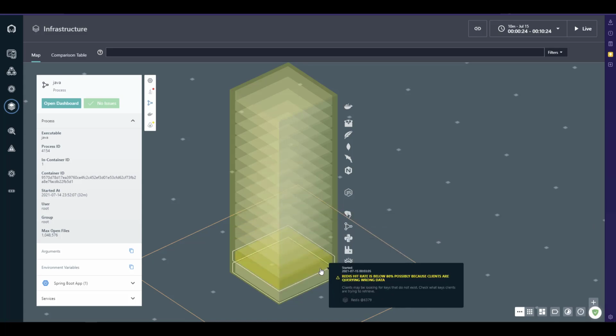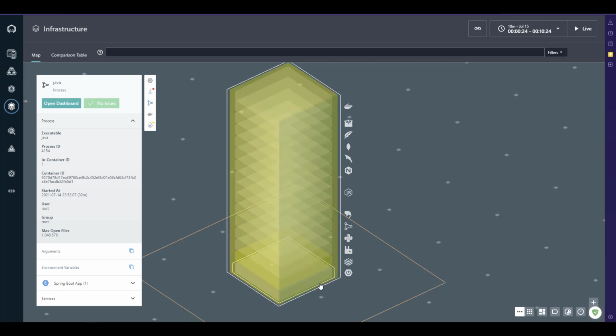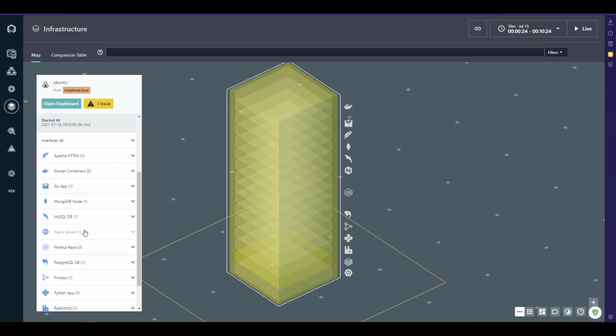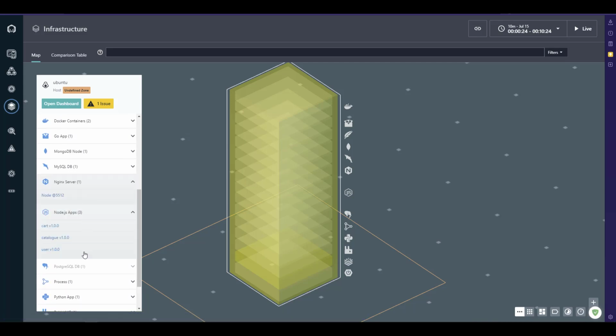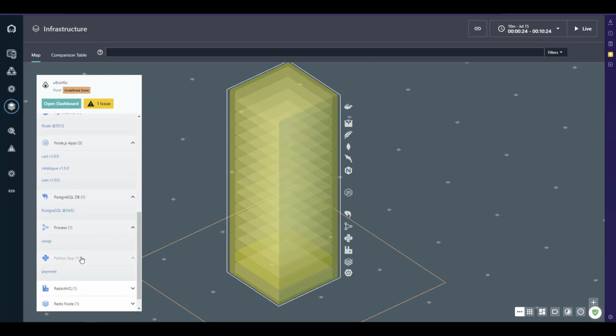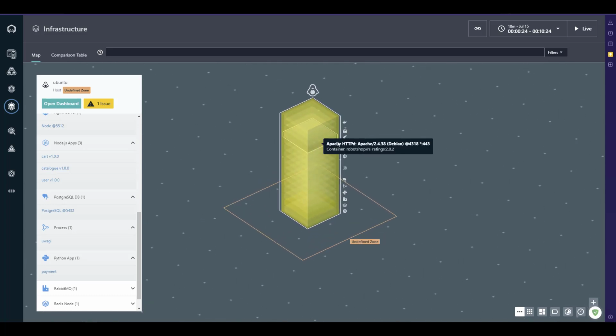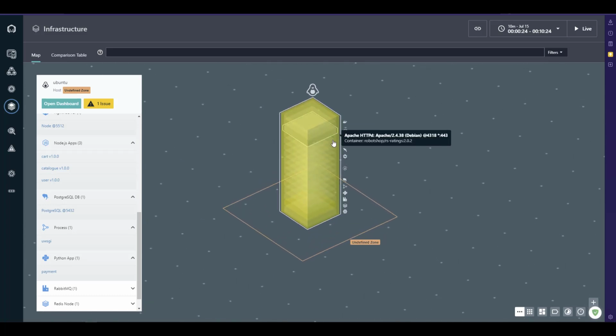So right now the Redis has a hit rate below 80%, and our Ubuntu box itself has some high CPU load, etc. And here you can see my operating system and my CPU and max open file, and other details. And if you just expand, you can see the details about your components and other critical information. Like this, you can have hundreds and thousands of instances, and you can see holistically. So this is one of the core features in Instana. So this will help you to visualize your whole infrastructure in a 3D way.